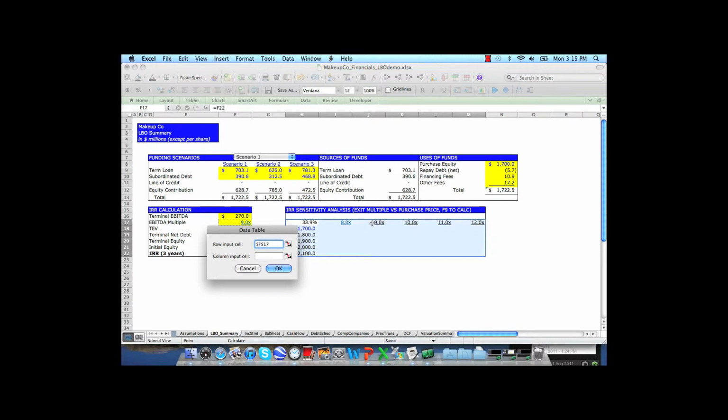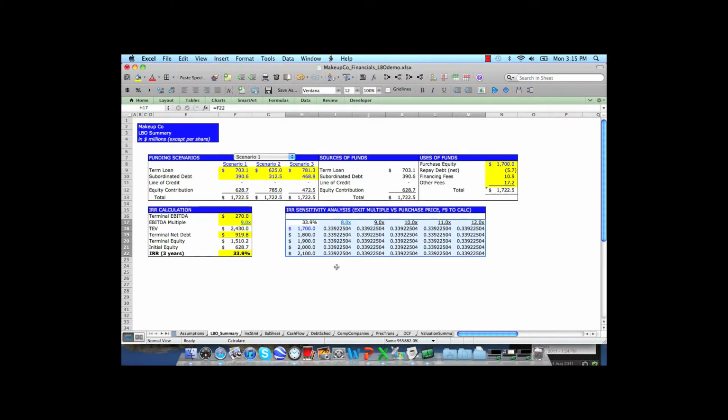That's the one going across, staying the same in the row. And likewise, the one that's fixed in the column is my purchase equity. Now it doesn't look like it's worked, but if you look up in our note here, we have to hit F9, the calculation function in Excel, and I'm just going to format these